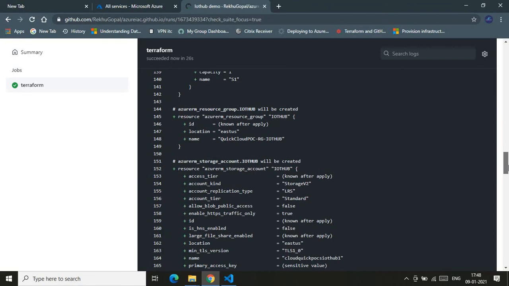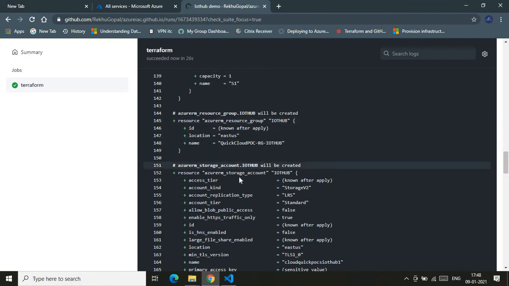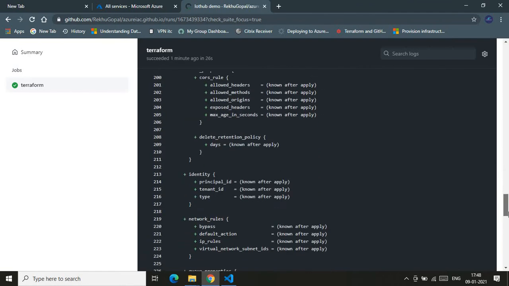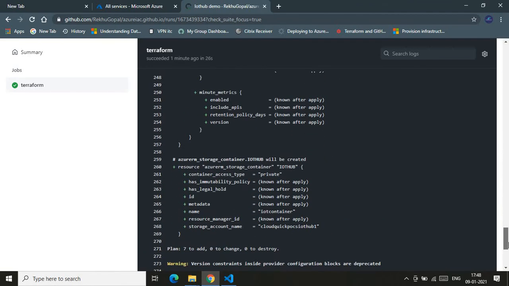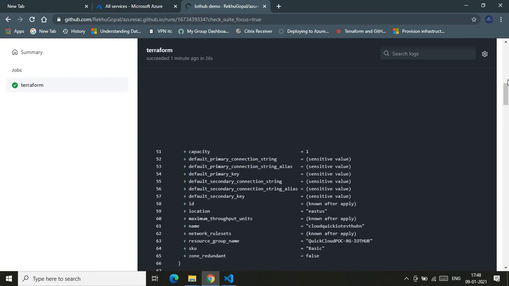There should be a resource group, so here you go. A storage account, and there should be a storage account container as well. Let's go down and see, here you go, the storage account container. Indeed, the plan summary says there are 7 resources going to be added in your subscription, 0 changes and 0 to destroy. We are happy with this summary.